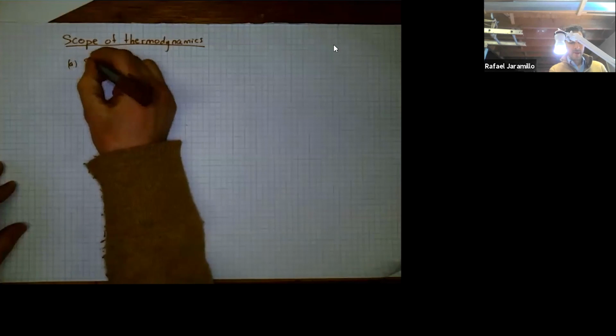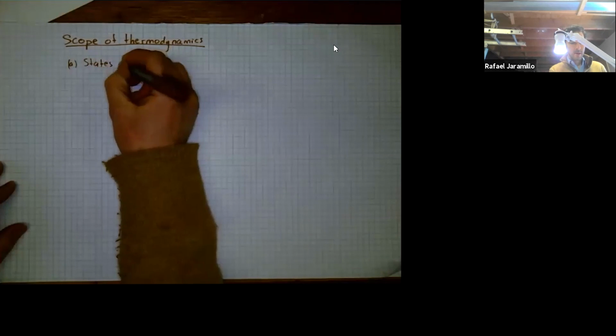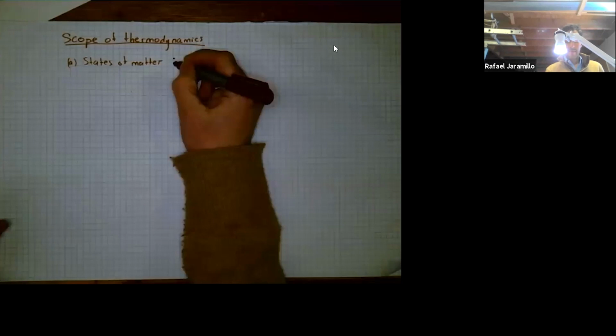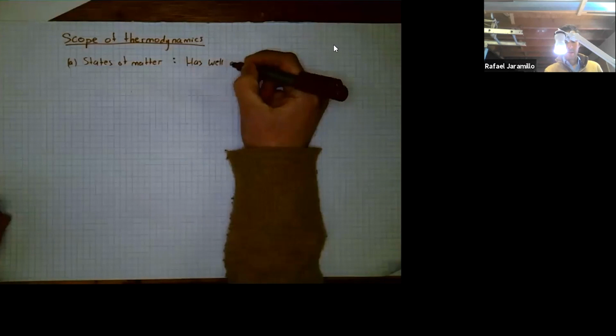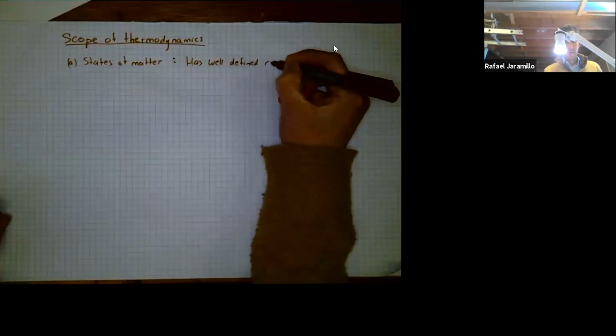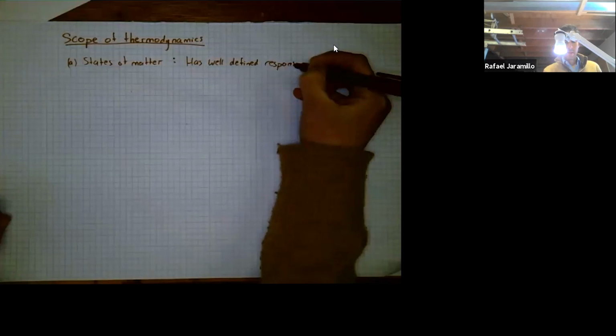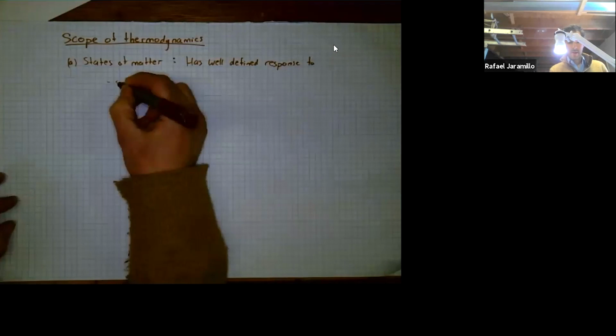All right. So what does thermodynamics treat, and what does it not? That's the topic of the day, the scope of thermodynamics. First, we're going to talk about states of matter. What is a state of matter? There are different ways to define it, of course, but we're going to define it as something that has well-defined responses to, let's say, squeezing,